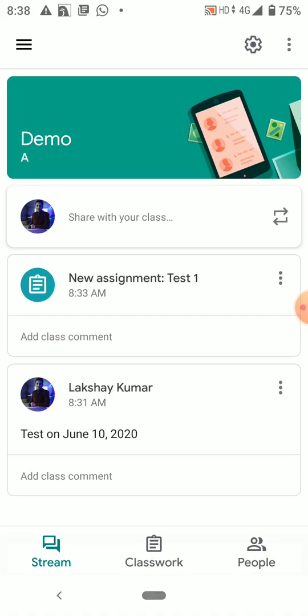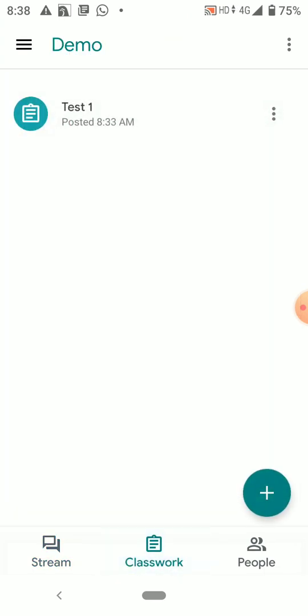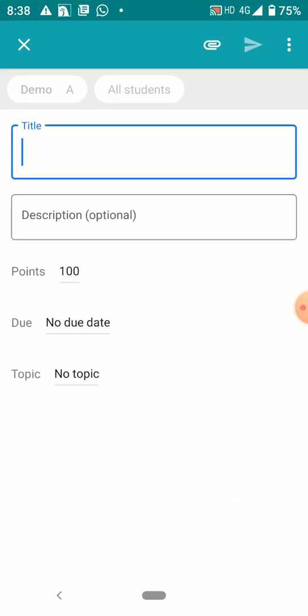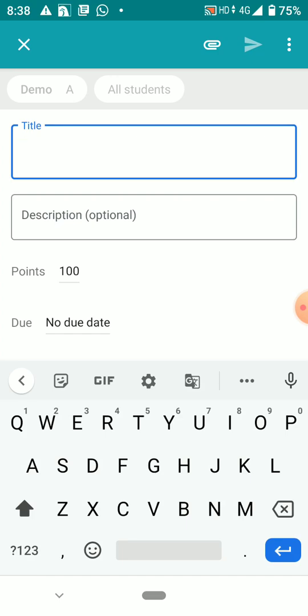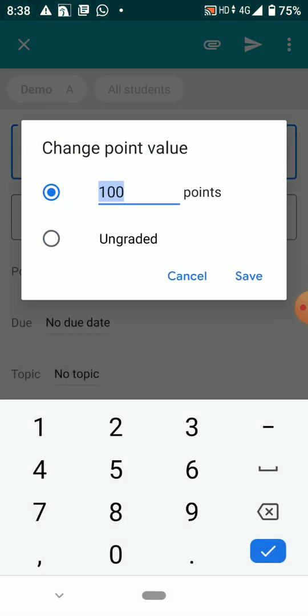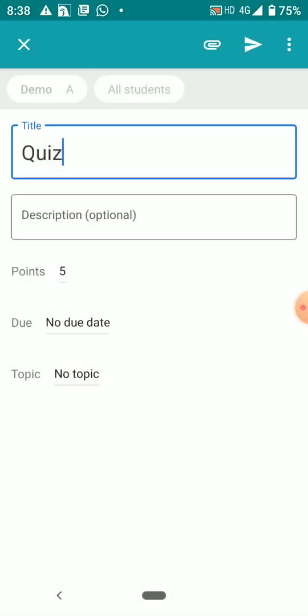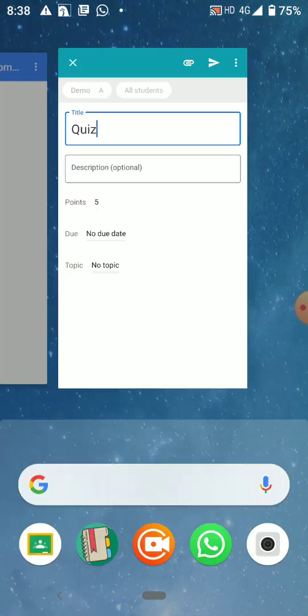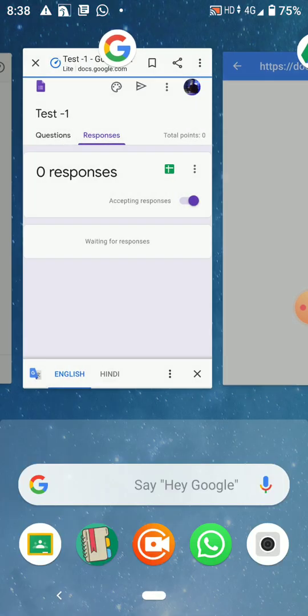I want to add that test in my class, so I'll click on plus, assignment, title, quiz, it's of 5 marks, save. But actually you must have seen over there I have not done any grading.